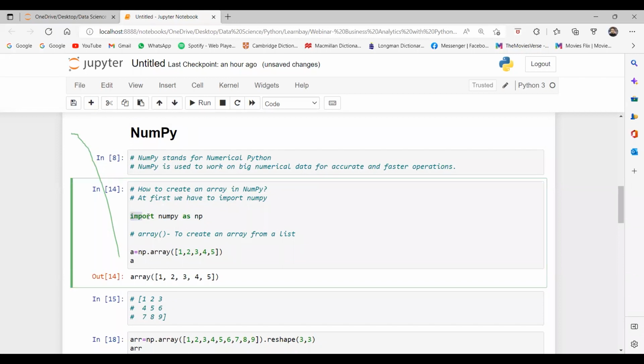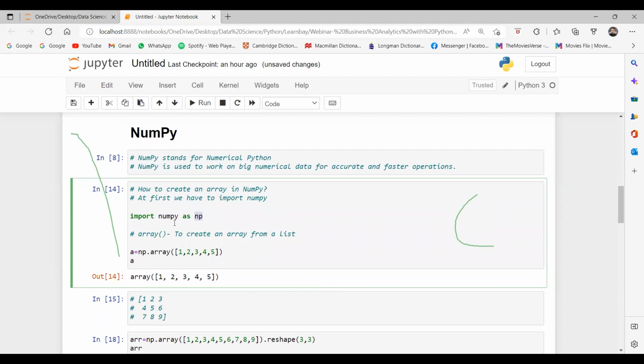To import the library, this is the syntax: import, and we write the library name. So I'm saying import NumPy. Then to access every operation related to NumPy, every time I have to write NumPy dot array, NumPy dot random, NumPy dot mean, whatever function. NumPy is a longer name, so I have given an alias for it, that is np. Alias means I am giving this name to NumPy myself. Wherever I write np, it means I am writing NumPy.